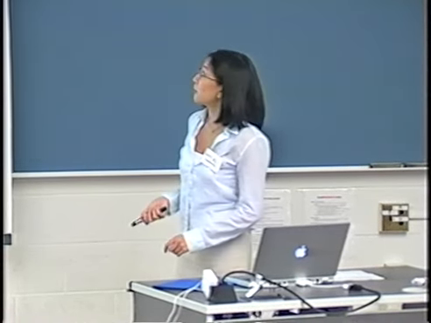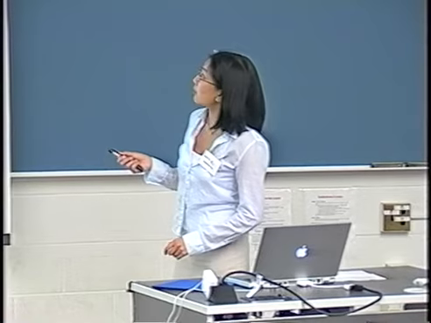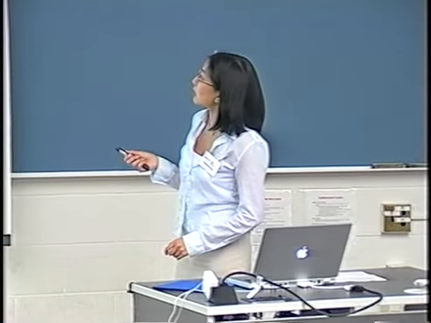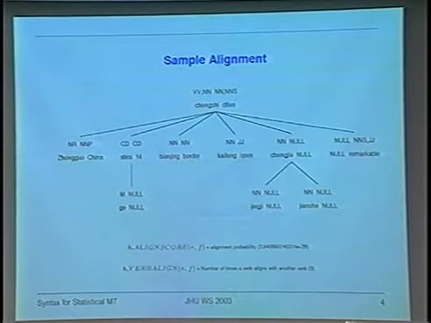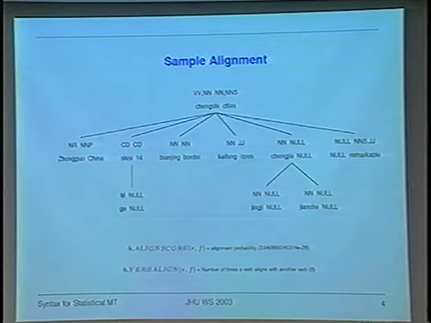So here I have an example of an alignment. For every node, on the left is what was on the Chinese side, and on the right is what was on the English side. So we could take the probability score and use that as a feature, or look at the number of times a verb aligns with another verb. In this example, we see one Chinese verb but no English verb, so this feature function will get a score of 0. So this is how we work with tree-to-tree alignment.